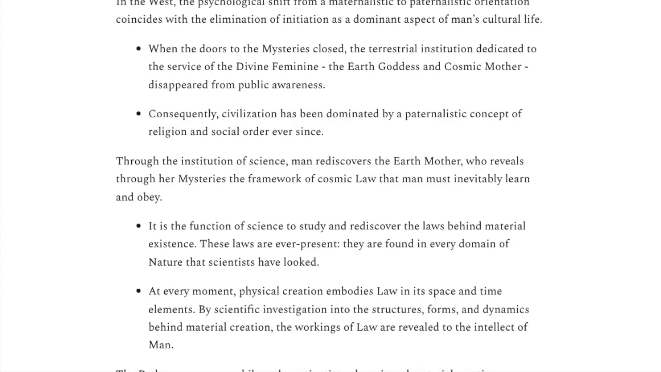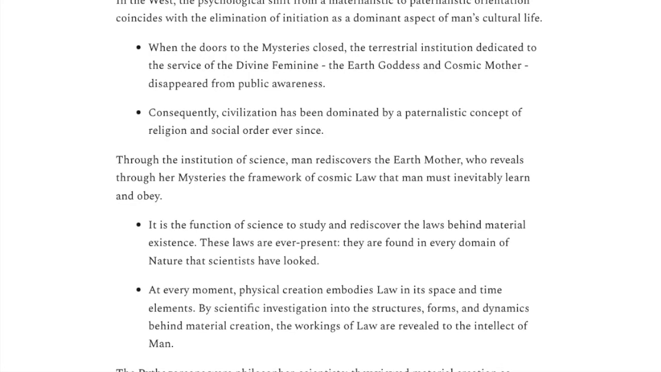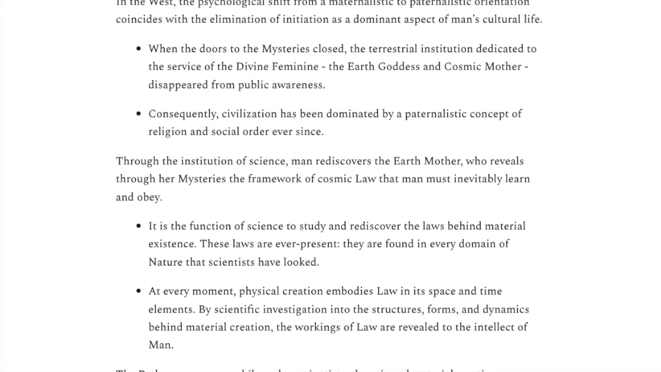It is the function of science to study and rediscover the laws behind material existence. These laws are ever present. They are found in every domain of nature that scientists have looked. At every moment, physical creation embodies law in its space and time elements. By scientific investigation into the structures, forms, and dynamics behind material creation, the workings of law are revealed to the